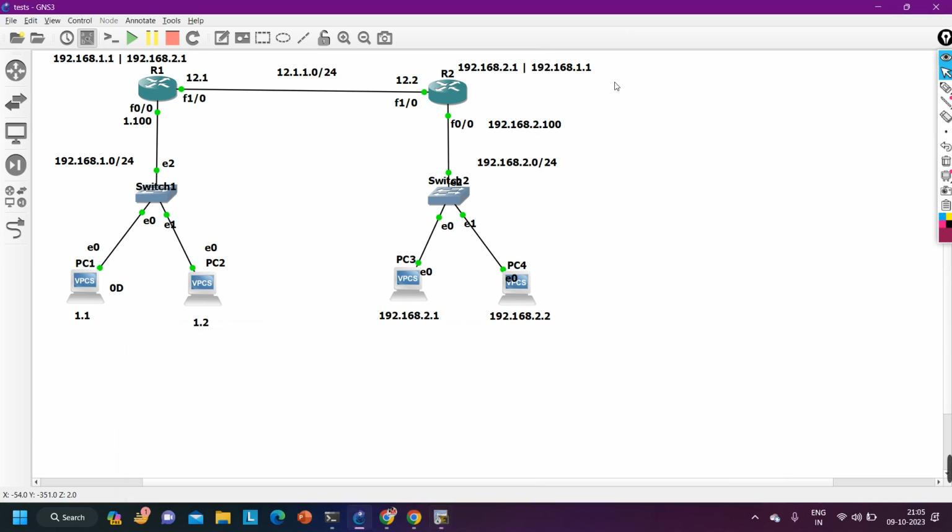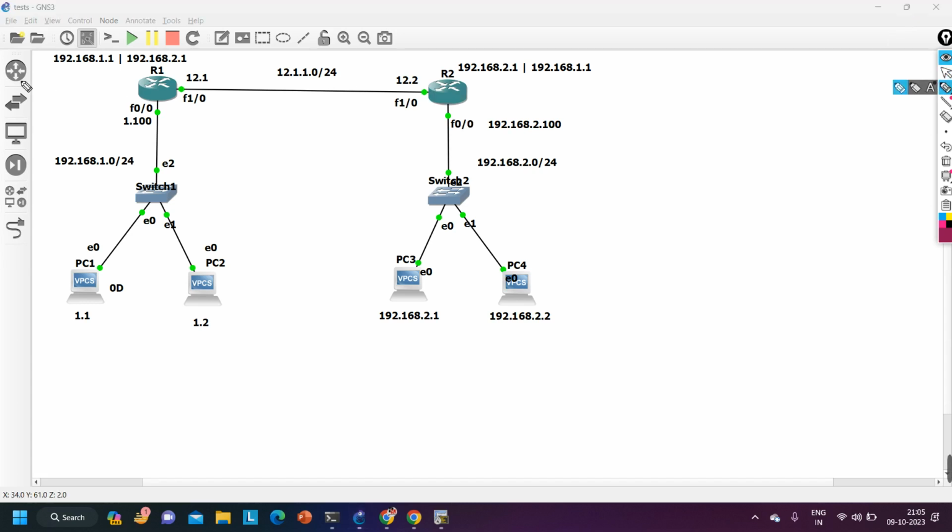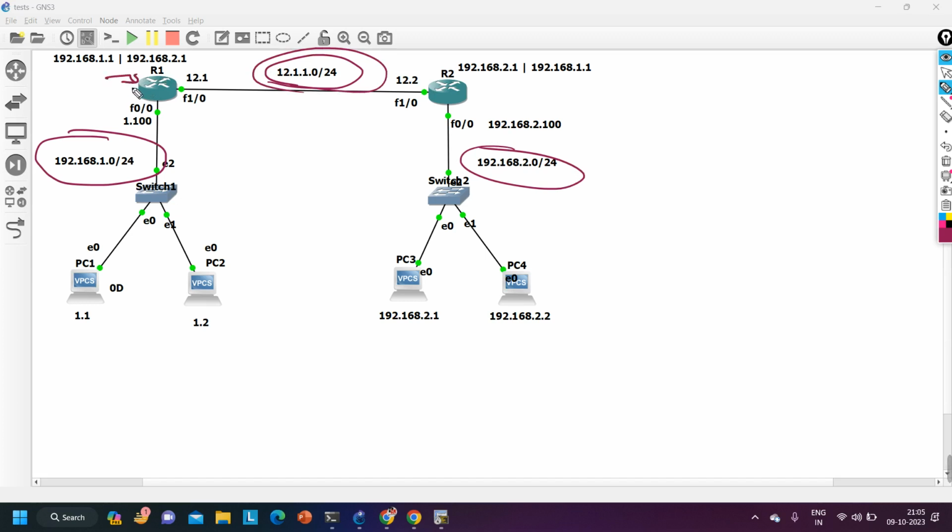192.168.1.0, because by default router knows only directly connected networks, meaning router 1 knows only 192.168.1.0 and the 2L network, because these two are directly connected. Router 2 knows only this network and this 2L network, directly connected networks. Means here we have to tell router 1 that this network 192.168.2.0 is connected with router 2, or